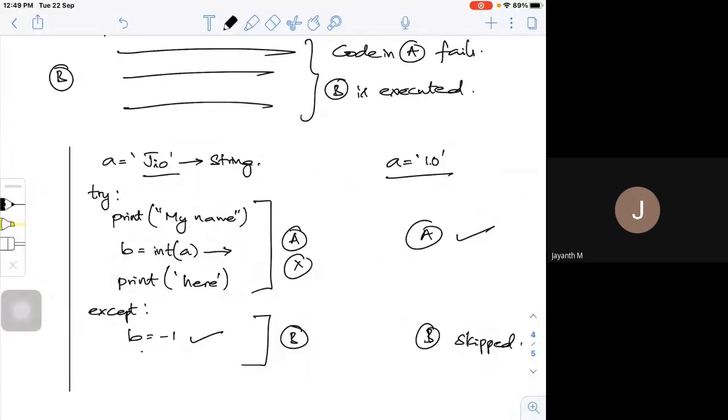Some books they call that as multiple way conditions or chained conditions. So if x is less than y, do some operation. If x is greater than y, do some operation. So it's called as chained conditions.